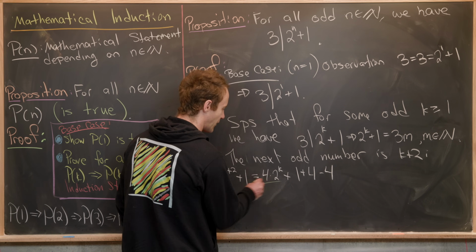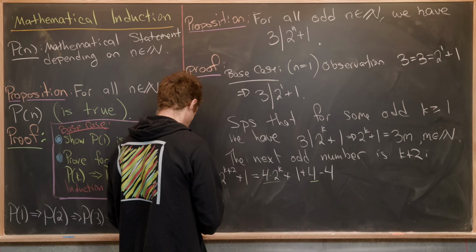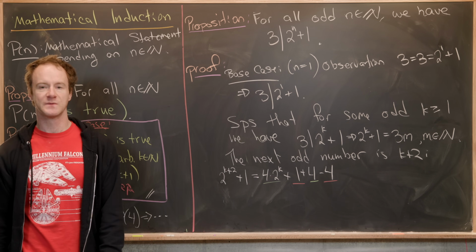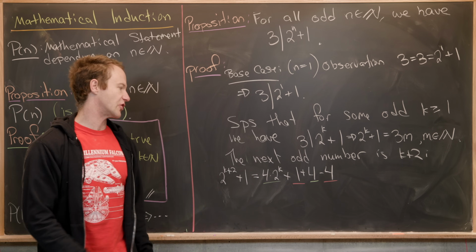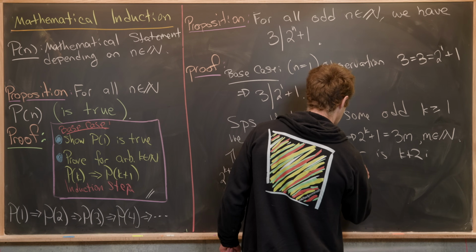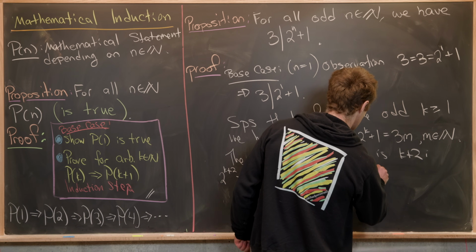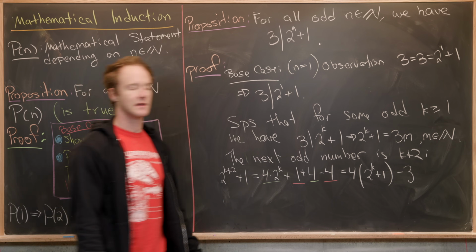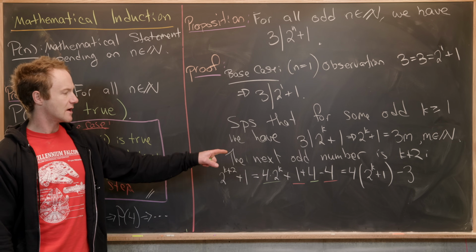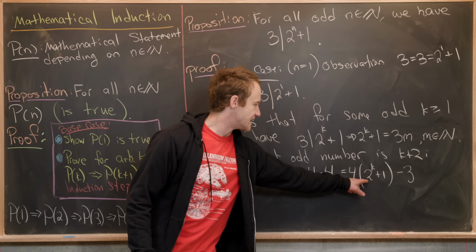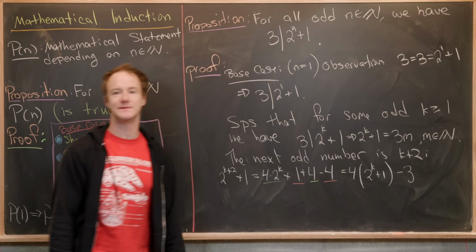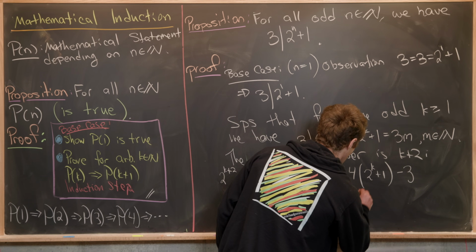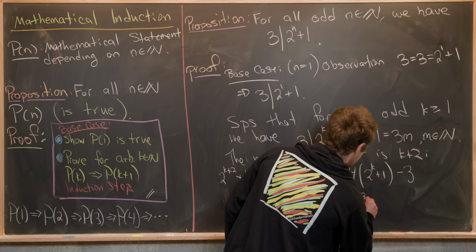So we'll group this 4 times 2 to the k with this 4, and then we'll group 1 with the negative 4. So I can factor a 4 out of the green underlined terms, and that gives me 4 times 2 to the k plus 1, and then I have a minus 3 left over like that. But from here, I can go ahead and replace 2 to the k plus 1 with 3 times m by my induction hypothesis. So that gives me 4 times 3 times m,